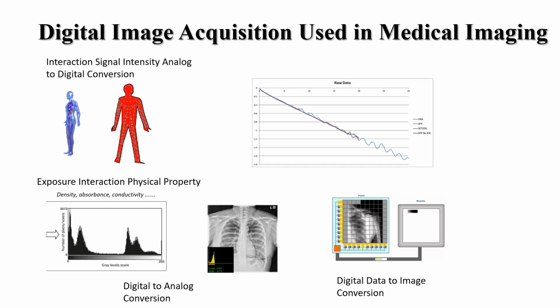Let's take a look at creating a digital imaging. First, we have an analog signal or energy that must interact with the tissue that we are trying to analyze. The quantity and the intensity of the signal is defined by the technical factors in creating the signal. The tissue absorbs the energy from the signal. It then emits a signal that demonstrates the interaction of this